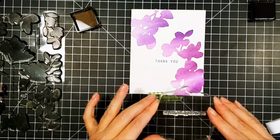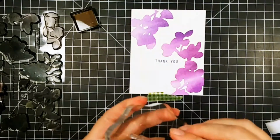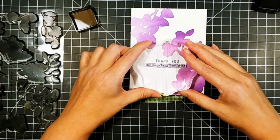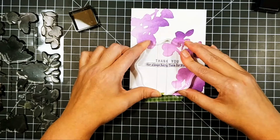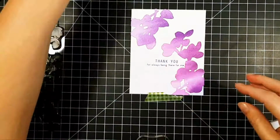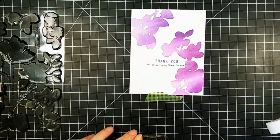I glued my elements directly to my card base. This isn't a separate panel. That's why I have a piece of washi tape there to hold it closed, so that it's not popping up on me when I'm stamping. And there's our sentiment. And to finish this card off, I'm going to use some Nuvo drops, and these are